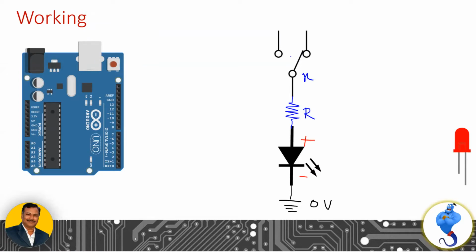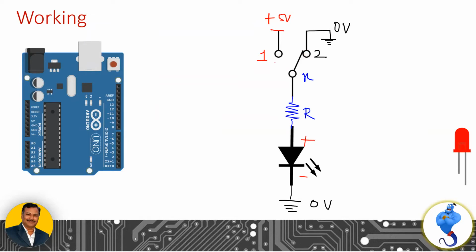So I have connected a simple switch here. This particular switch can take two options, point 1 and point 2. Point 1 is connected to the power supply, or plus 5 volts. Point 2 is connected to ground, or 0 volt. When the switch is positioned at point 1, the circuit takes plus 5 volt, and when the same switch is positioned at point 2, it takes 0 volt.